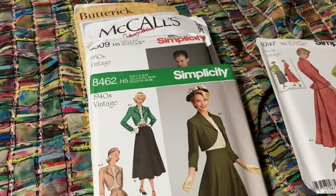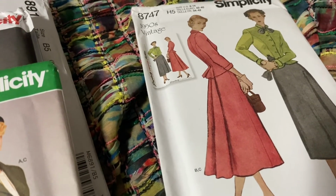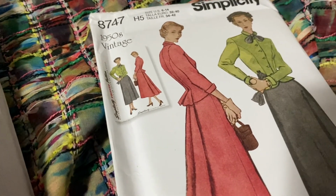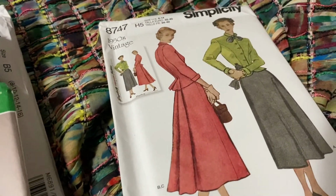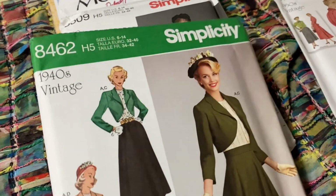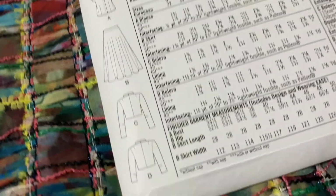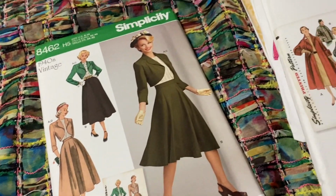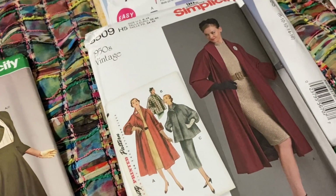But yeah, there's also some really nice Simplicity Vintage has a nice princess seam arm style, so it goes from the arm rather than the top. And if that's the silhouette you're going for, then you can obviously just put pockets over those. And this one has a dart. That's pretty basic, but it might be a bit too cropped for some. And then that's more of a coat, but those jackets are